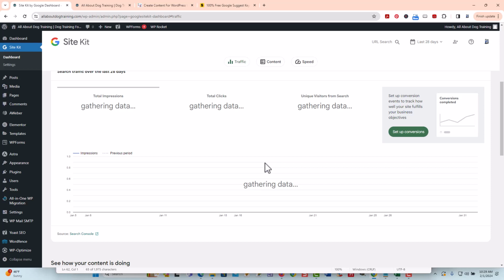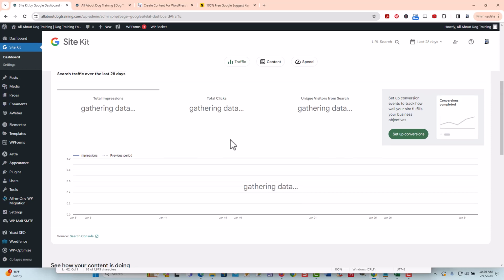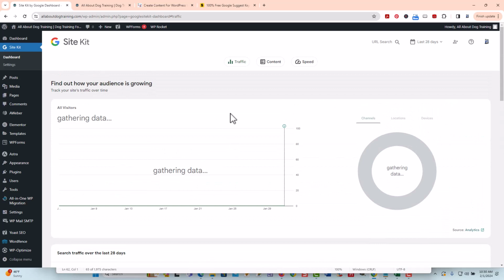It's going to tell you a whole bunch of information to let you know if the content that you're writing is good. And then there's going to be another feature that will eventually pop up. I'll make another video for this that will show different content that maybe you should write for your niche website, okay? So this is just very basic setup, and it's going to be easy, and that's why I made this